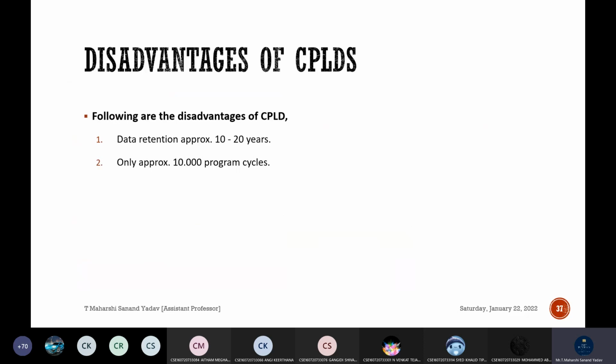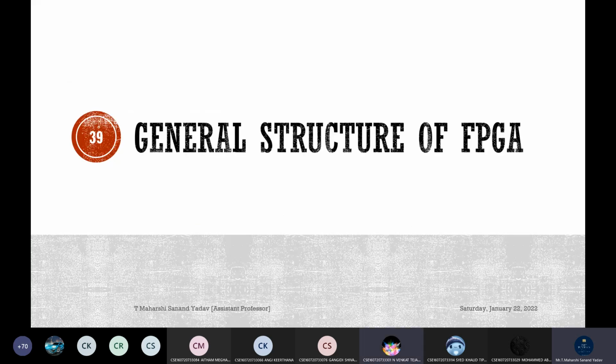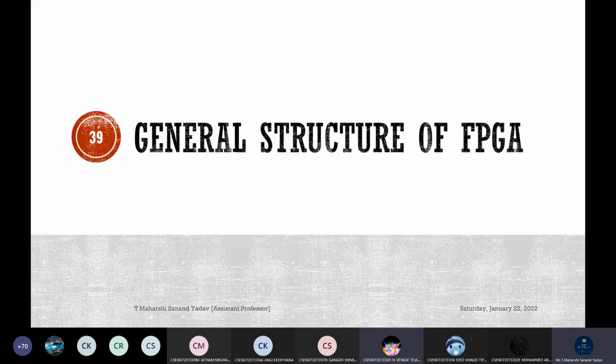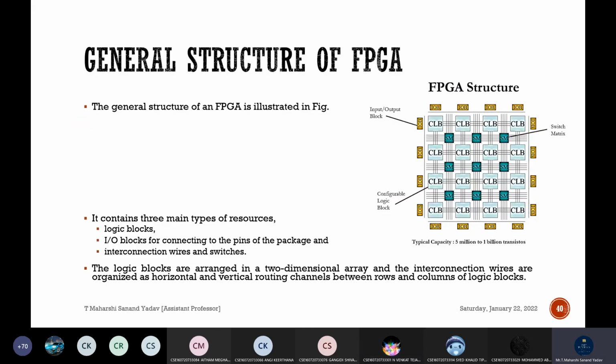We have covered all this. And the last thing that is left is FPGA, which is nothing but field programmable gate array. So this is a structure. The only difference between the CPLD and FPGA will be